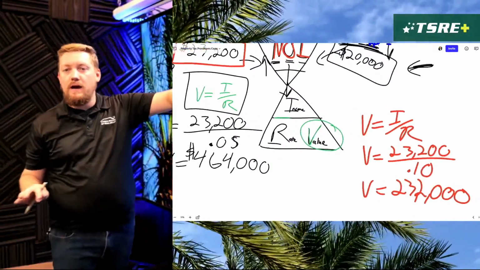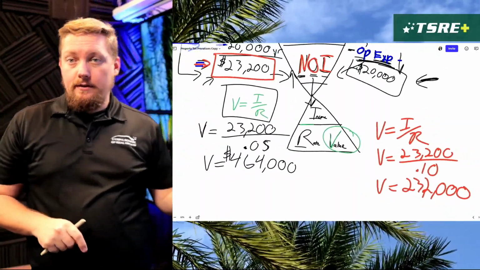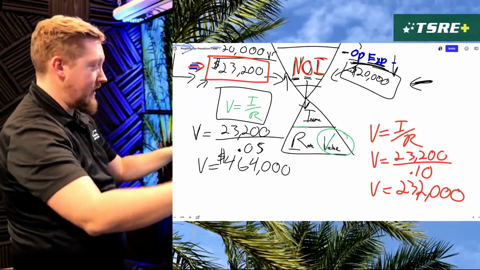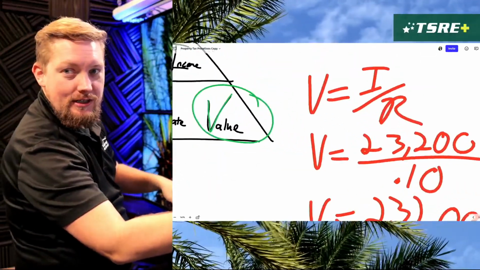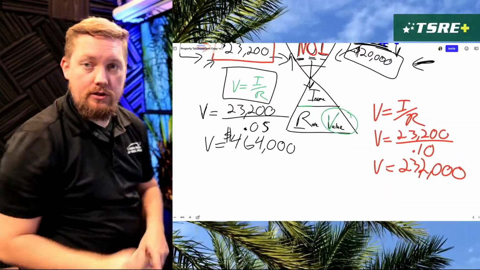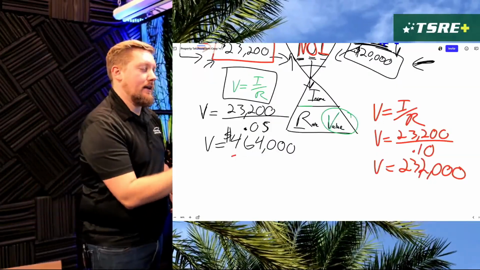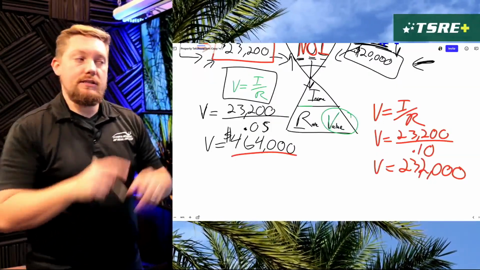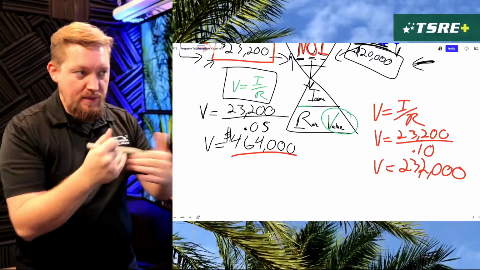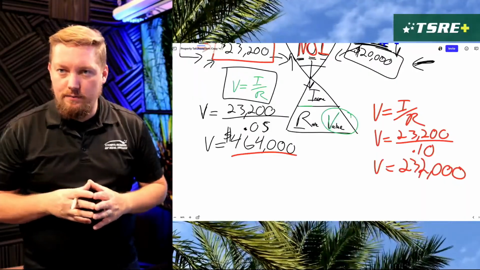So now can you tell why that's a better deal? Would you rather, as a buyer, for the same property, both situations here, nothing different, they're generating $23,200 in income, but at a 10% cap rate, you're going to pay $232,000. With a 5% cap rate, you're paying $464,000 for the same income. That's what cap rate tells you there. The cap rate, again, it's basically the rate at which you're getting income from the value of the property.